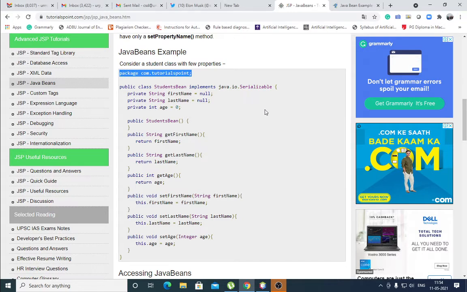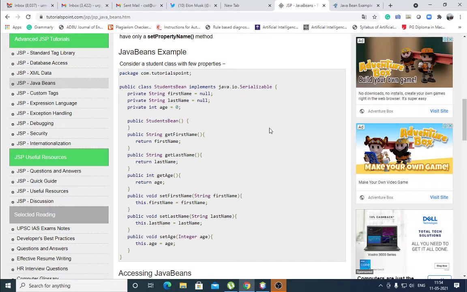First we have to declare a package. First create a package and then under that package we have to define a new class. Suppose public class StudentsBean implements java.io.Serializable. It implements the Serializable interface.